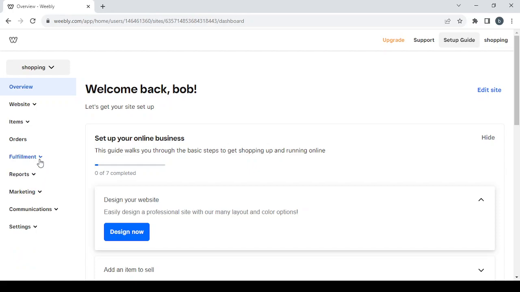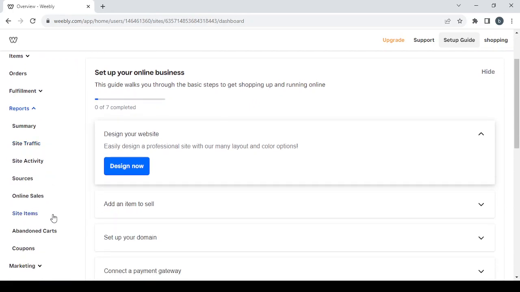Then we have the fulfillment section, where you can set your pickup settings and you can set also your shipping settings. Then we have the reports section, where we have the site's traffic reports, the site's activity reports, the sources reports, online sales reports, site items reports, and so on. And if you want to see the summary of all these reports, just click on summary,